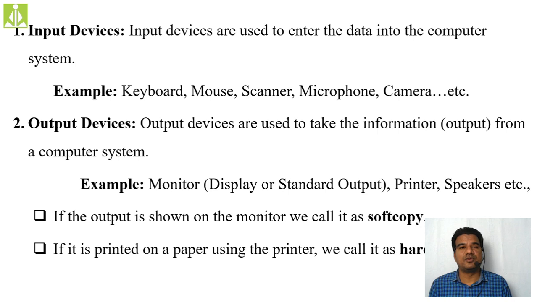It is a very, very important question because when I was referring to previous year university question papers, I have seen this type of question. What is hard copy? What is soft copy? When we say the data is in soft form, and when we say the information is in hard form. If the data is stored inside a computer or a mobile device, and we are viewing the data with the help of a monitor or a mobile screen, we call it a soft copy.